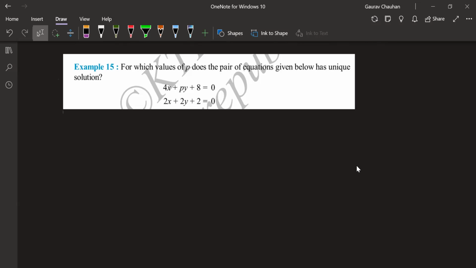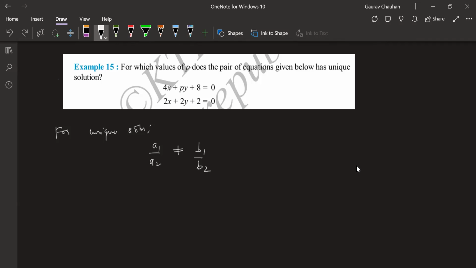I wanted to think about unique solution. What do we know when it's unique solution? Unique solution, what do you write? Intersecting lines, but what's going to help you here? Correct. For unique solution, you need A1 by A2 is not equal to B1 by B2. Are we good? Are you having any equation? You're not even having one equation. What to do in this case?